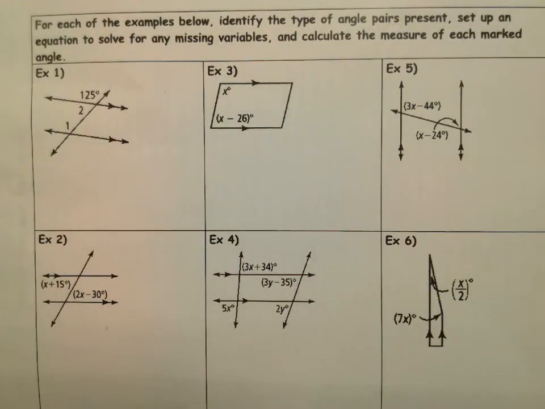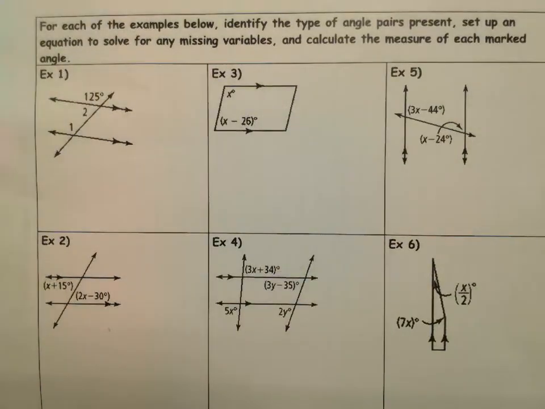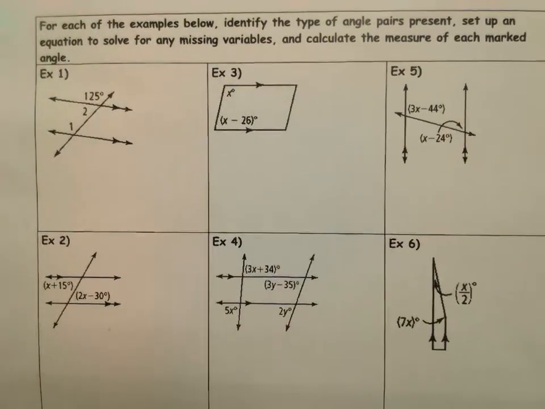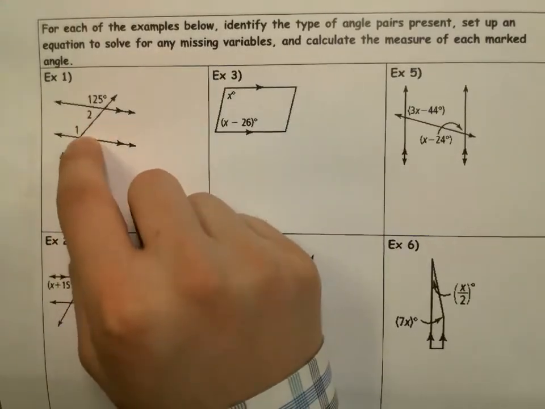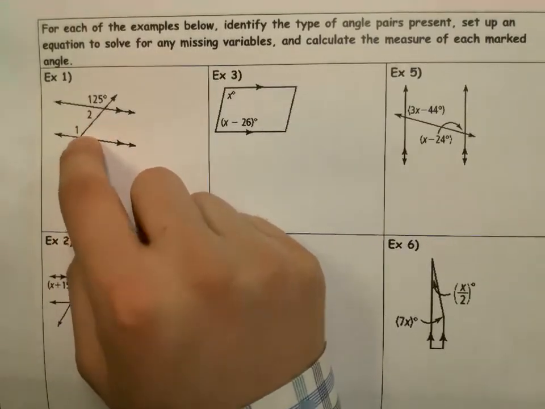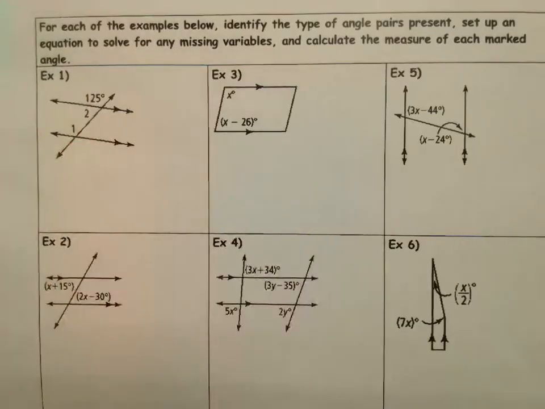All right, so in the examples we're going to talk about here, the first one is we're now going to try and identify what the two missing angles are for each of these. Any missing angles that have a number in that angle are what we're trying to solve for. For number one,